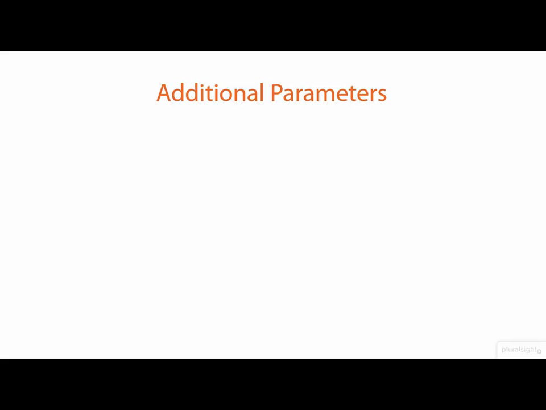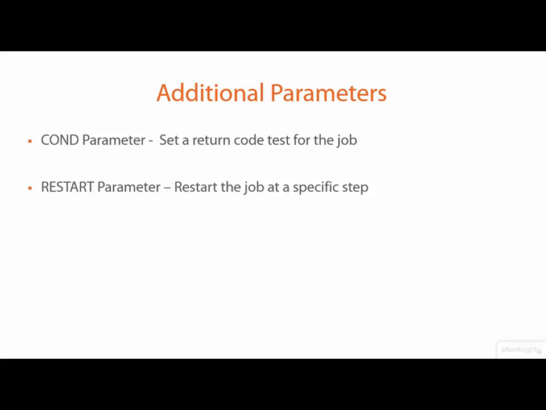Additional parameters that can be coded on the job card include the condition parameter, which allows us to test various condition codes from steps, our restart parameter in the event that we need to restart the job at a particular step, and a type run parameter that allows us to handle some execution for holding as well as scanning JCL. These parameters will be discussed in subsequent modules as we get more details on how we can construct a job